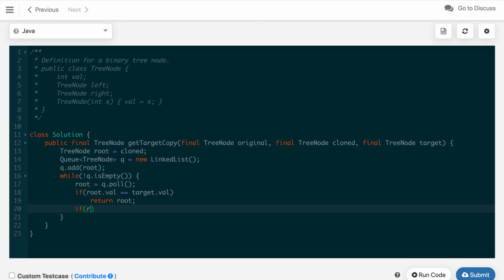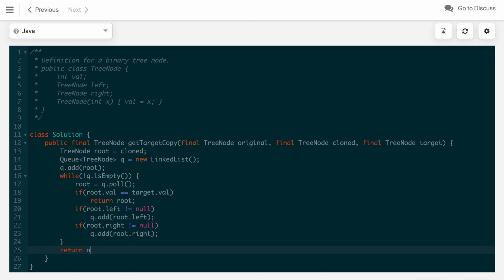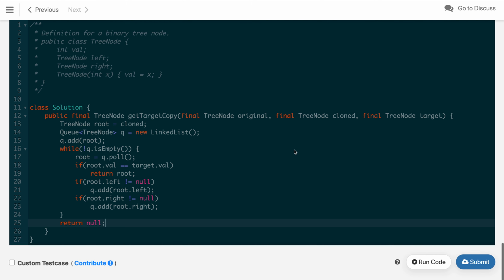Otherwise, we will check if root dot left is not null, then queue dot add root dot left, and if root dot right is not null, then also queue dot add root dot right. That is it, and in the end if we have not found anything, we will return null just to satisfy the return type constraint.